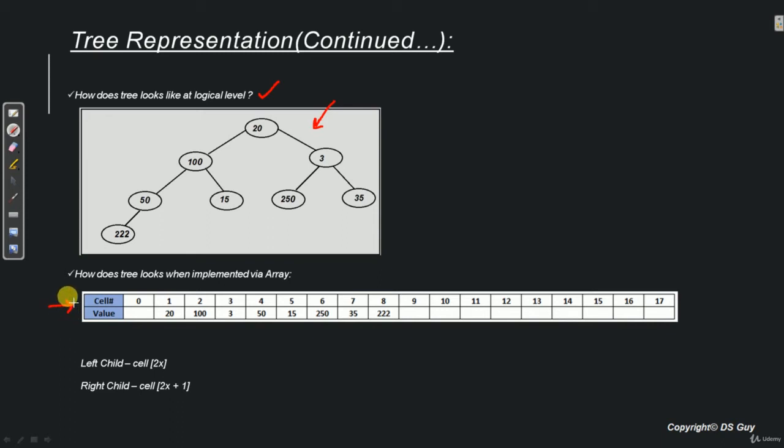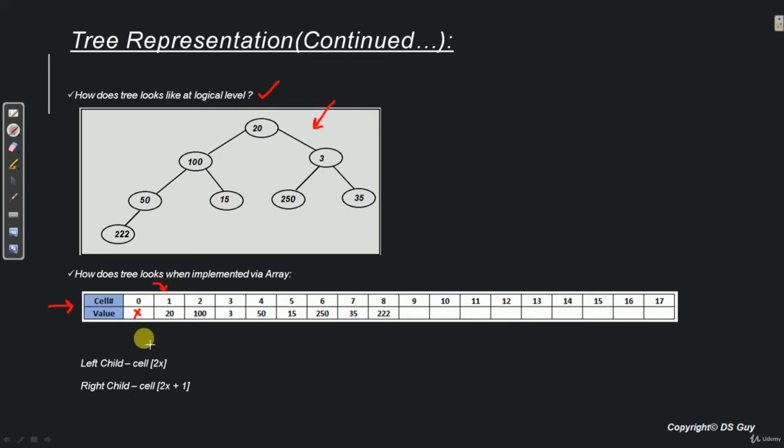Now typically when we want to store a tree in an array, we never use the 0th cell because of the mathematical complexity. Now again, there is no hard and fast rule. You can always use the 0th cell, but ideally we don't take it. So to maintain the standard, even I am not taking it in all of my examples. So our first node will be stored in the cell number 1.